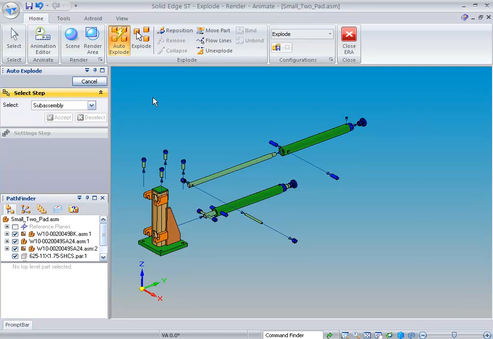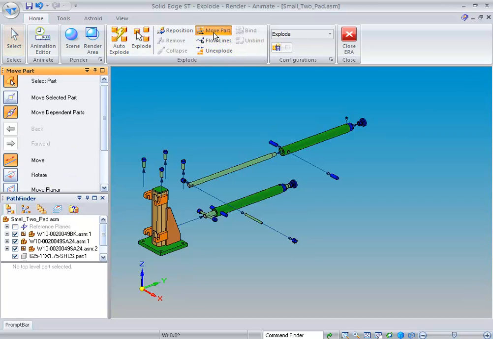And Solid Edge moves the parts out so that they are actually visible away from different parts. So you can see here this part, if it was at the same spread distance to this one, it would actually overlap this, so it actually moved it out just a little bit further, so it gives you a great view that you want. Next, I want to be able to move these particular parts,